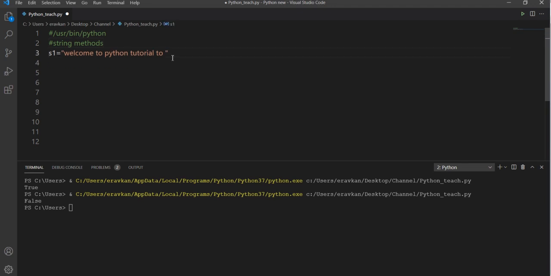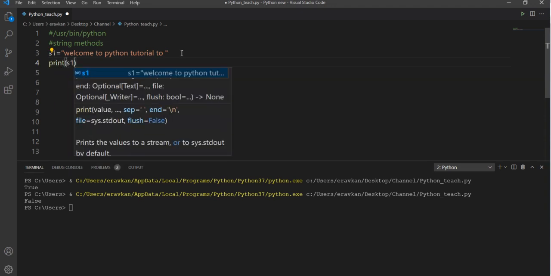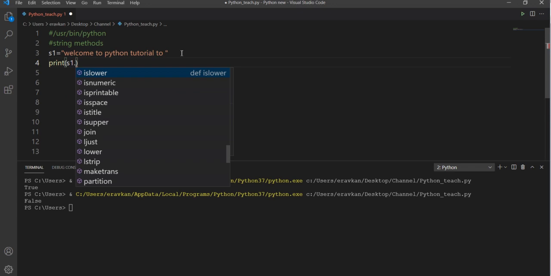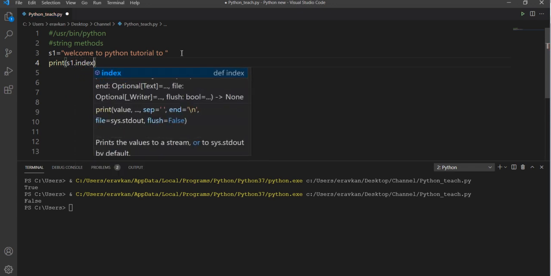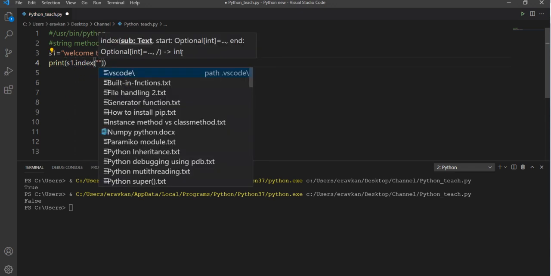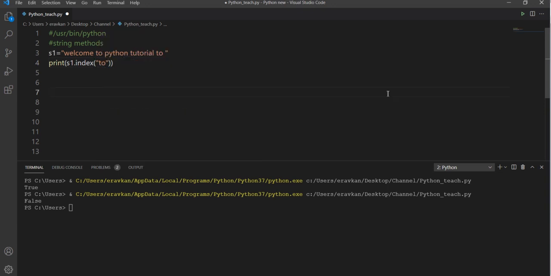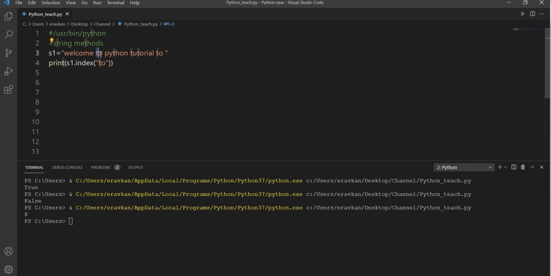This is my string S1: Welcome to Python tutorial 2. The index method is already clear to you, but I will take it once again. Suppose you want to find out S1.index of 2. This will give you the position of the first 2 encountered.